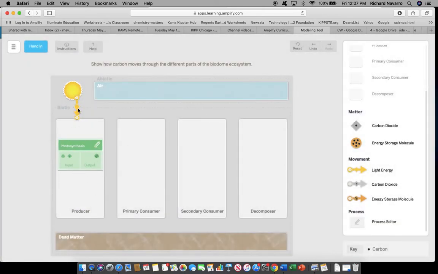And there we go. Now, from here on out, we need to show that chain of events that's going through this ecosystem. So where do the plants and the producers get their carbon dioxide from? We know they got their solar energy from the sun, but where do they get the carbon dioxide from? Well, we need to show that as well. Carbon dioxide is found up in the air. That carbon dioxide moves from the air